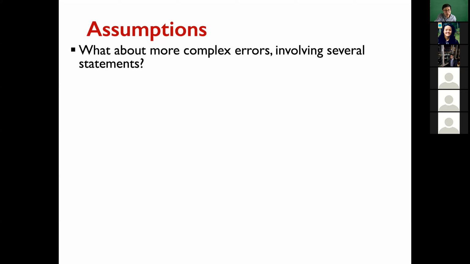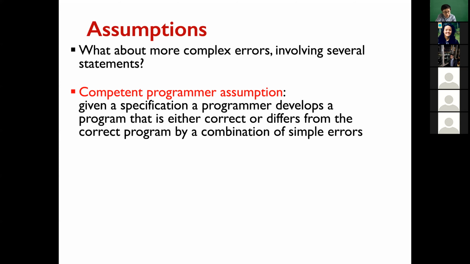What about more complex errors involving several statements? Our mutants do not cover those complex cases, right? We just make some small changes. What about these more complex errors? Can our mutants represent those cases, right? The answer is there are a couple of assumptions, right? The first assumption is the competent programmer assumption. The assumption is that